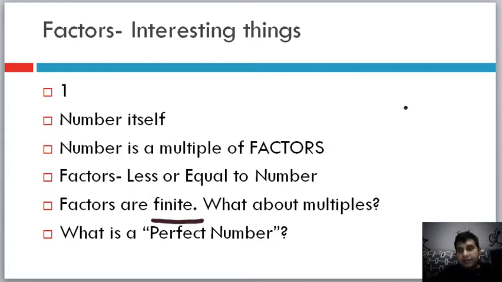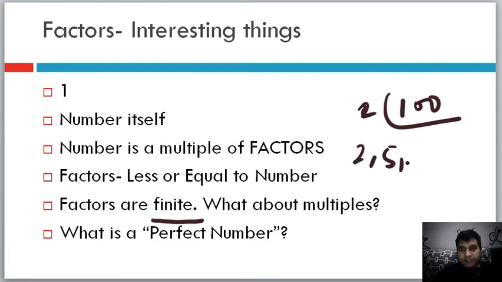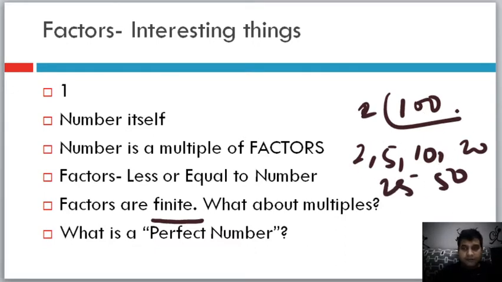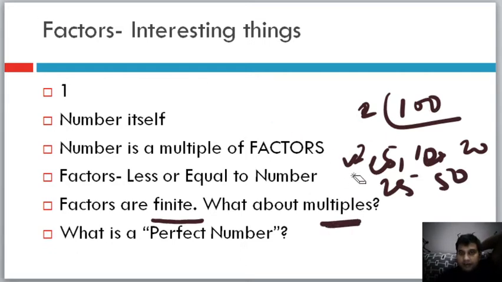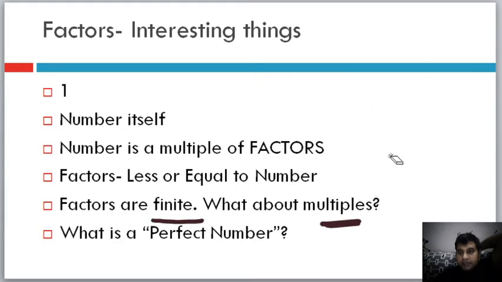Okay, but the number of factors is going to be finite. It means that no matter how big a number we take, we can count its factors. Okay? Like if it is 100, then what will the factors of 100 be? 2 is there, 5 is there, 10 is there, 20 is there, 50 is there, right, 25 is there. So these are the factors of 100. Similarly, when we increase the number, the number of factors is going to go up and stuff like that. Okay? But the number of factors will be finite. Obviously we will find difficulty to count how many factors there are, or to even factorize, because the numbers will be so much bigger. But when we talk about multiples, okay, please understand that multiples are going to be infinite.